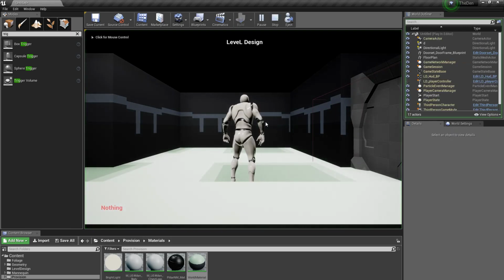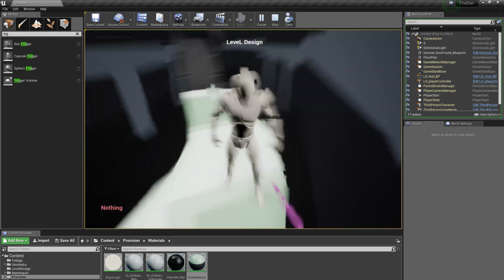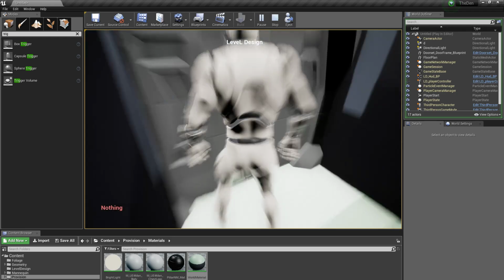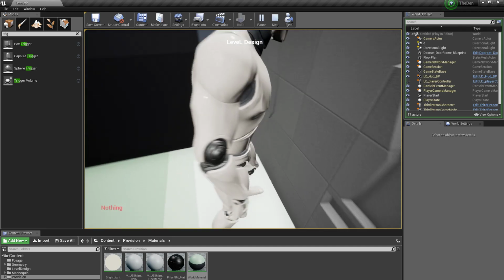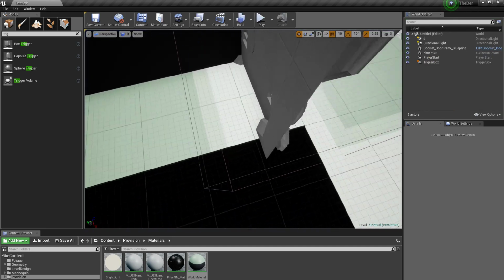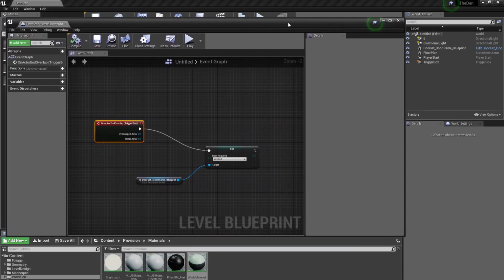And now if I play this and I go through this door and then I turn around, the door is locked. Any questions? Should we build it? Let's press